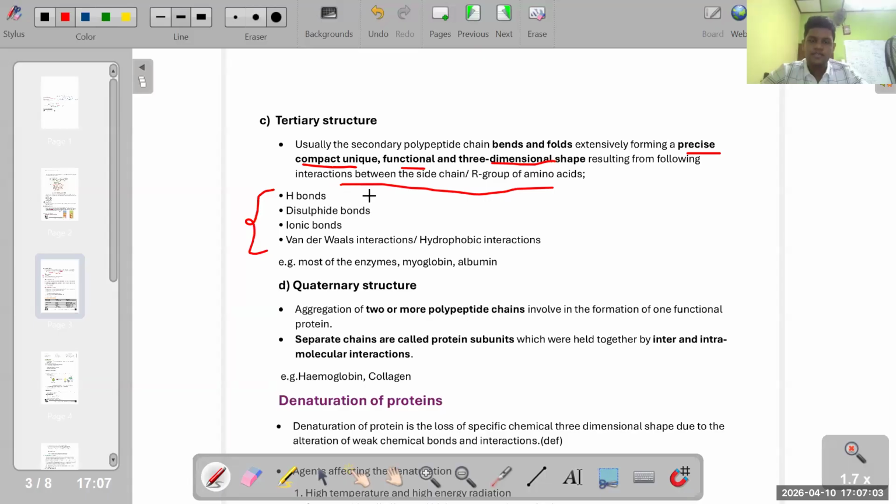Yes. So you might ask, sir, why was there only one here, and why are there four options? Can you explain to me why there are four types of interactions that can take place? Just think. Have any idea?